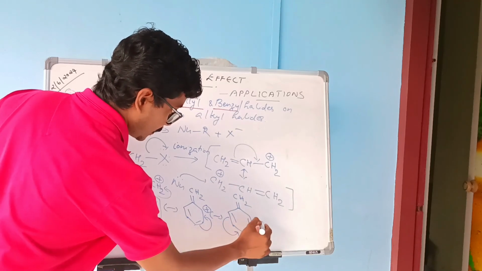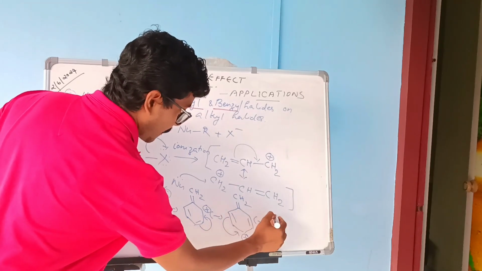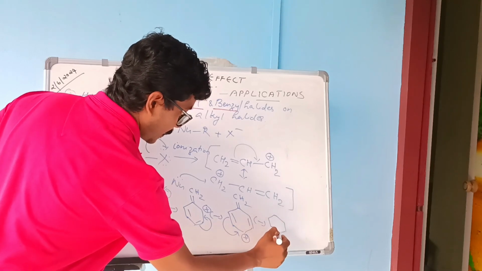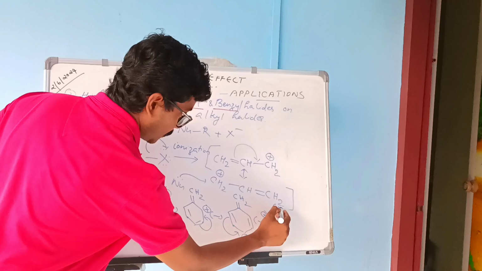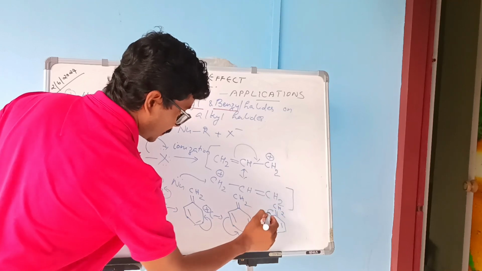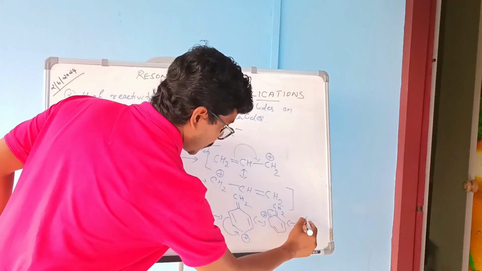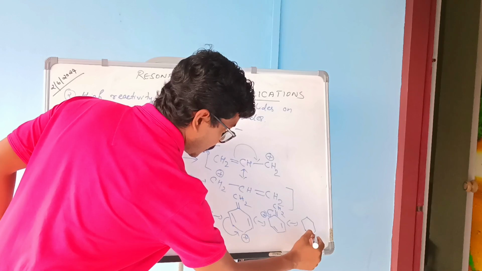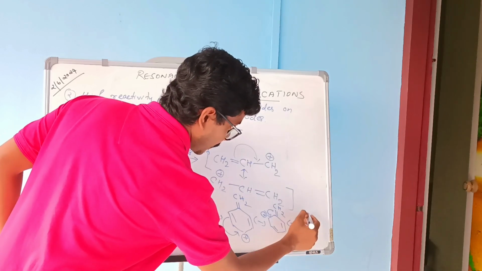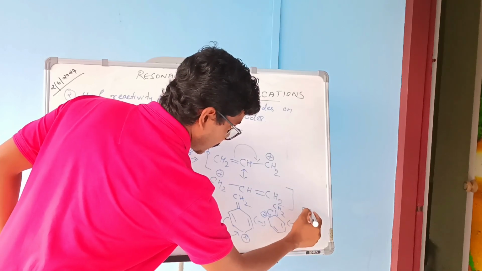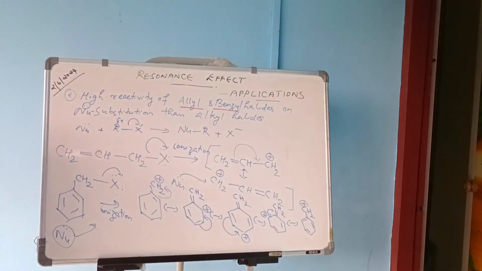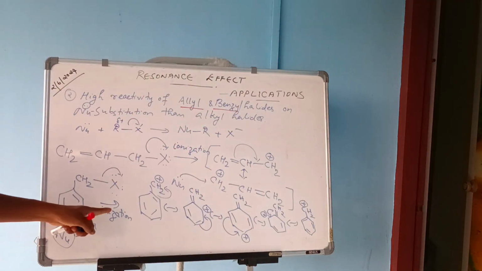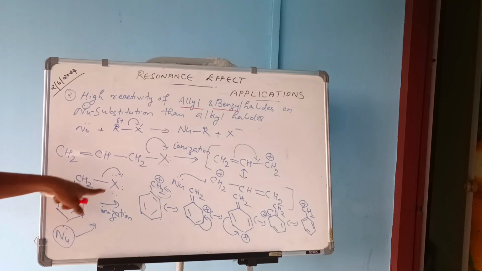This comes here. So a positive charge comes here. This bond comes here. So CH2 plus, right? So when a nucleophile attacks this benzyl halide,